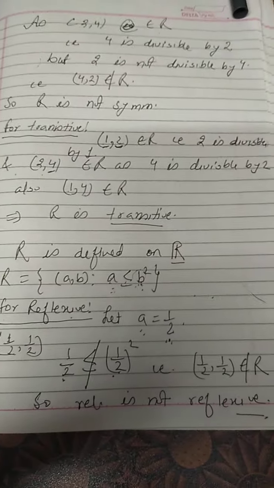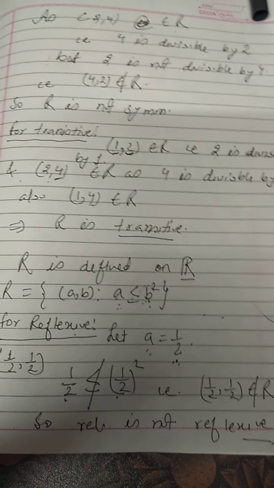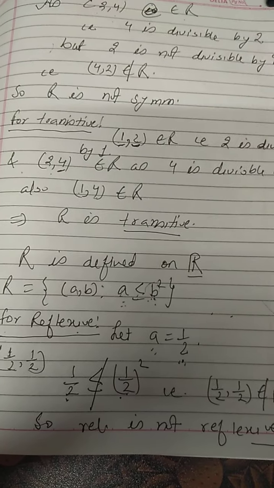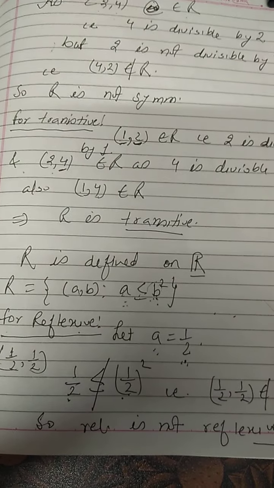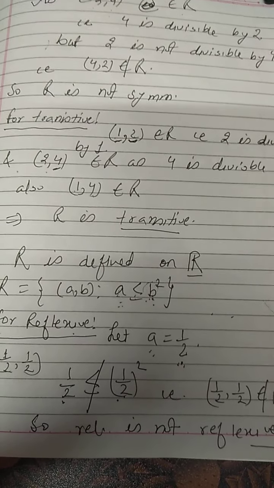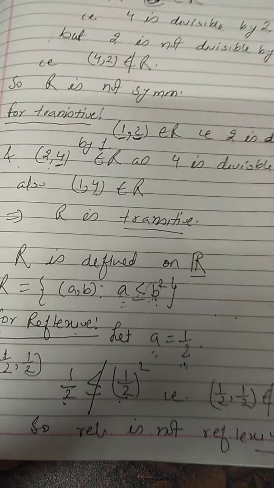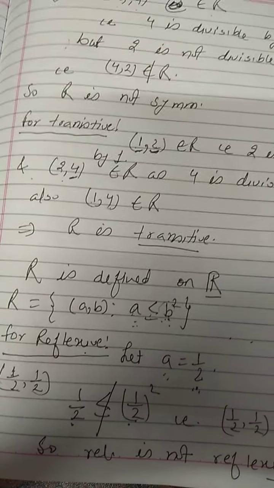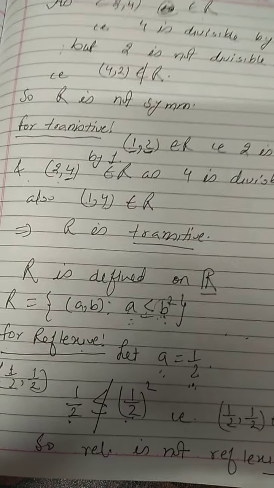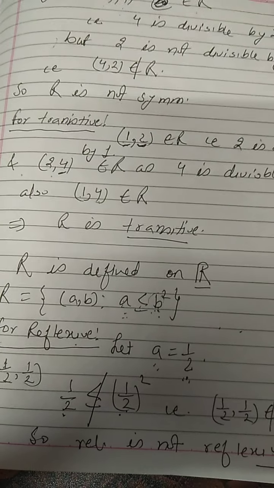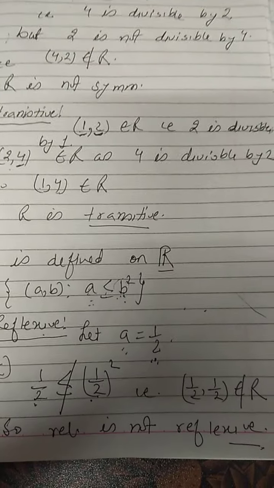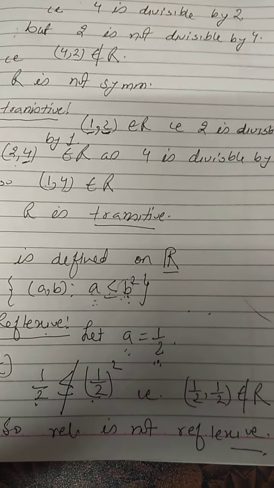I hope it is coming clear to everyone. We have to think of the numbers. I am not taking a whole number or natural number here, because that will be true for all natural numbers. If A, B are there, A will always be less than or equal to B square, or A comma A if I take, because the square of a number will always be greater than or equal to the number itself. But if I take fractions, then the thing will go in the reverse order.